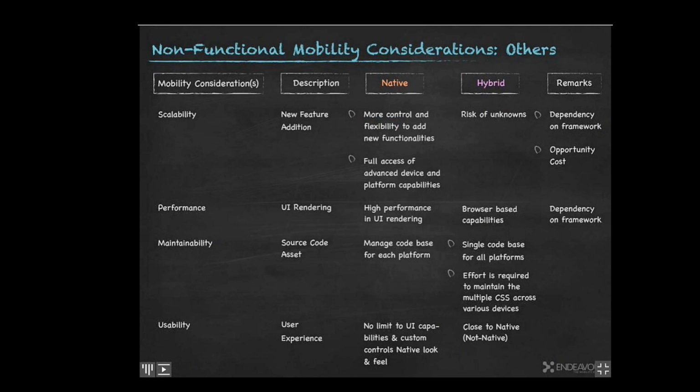Then when you look at performance, native applications are best suited when performance and response times are most important. Probably when you have more offline data access needs, such that you have more than a few MBs of data that you want to access. You want a responsive, faster application. You want it to be available all the time, regardless of the connection speeds or connection availability. Native apps are the way to go.